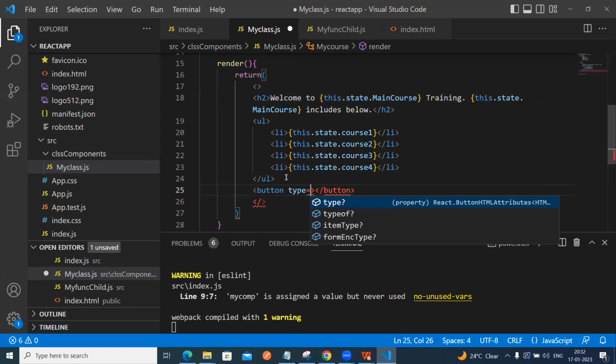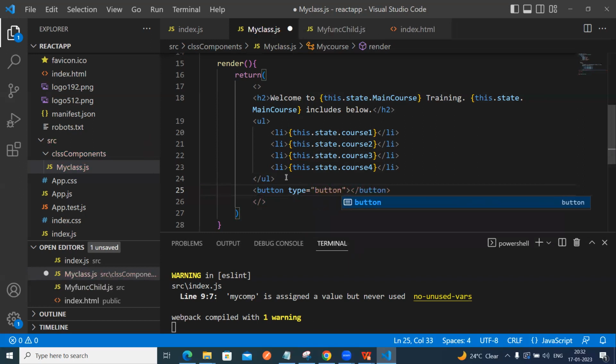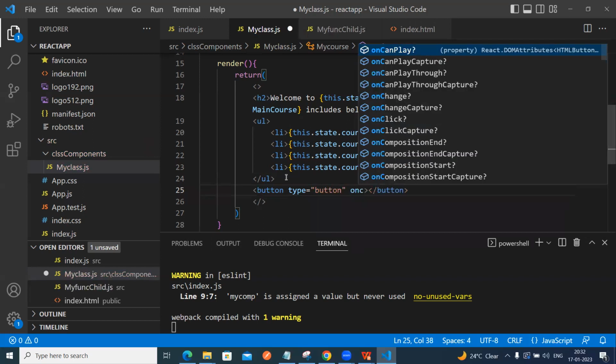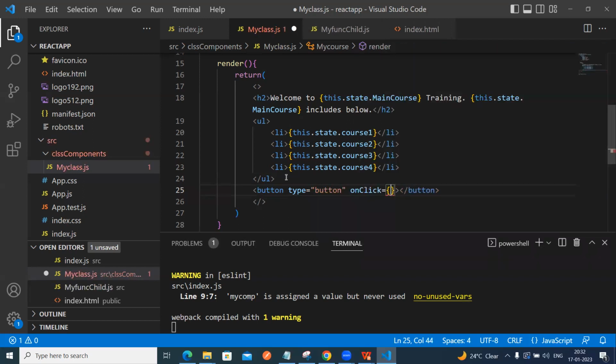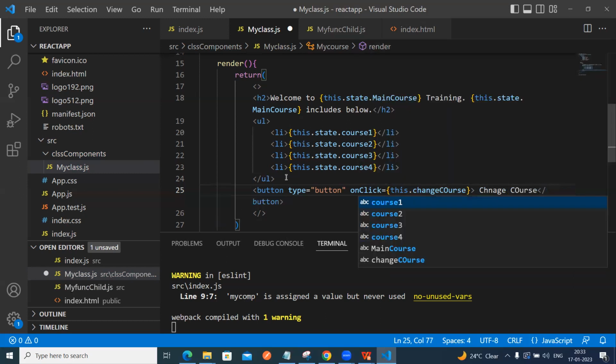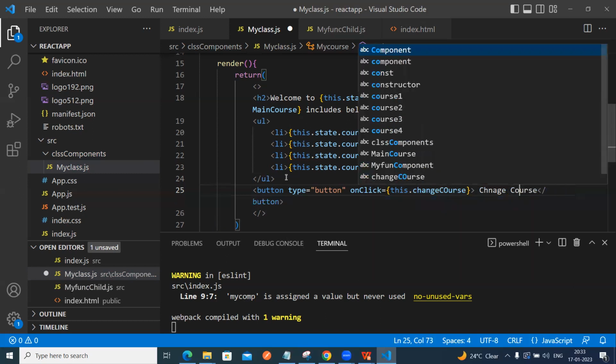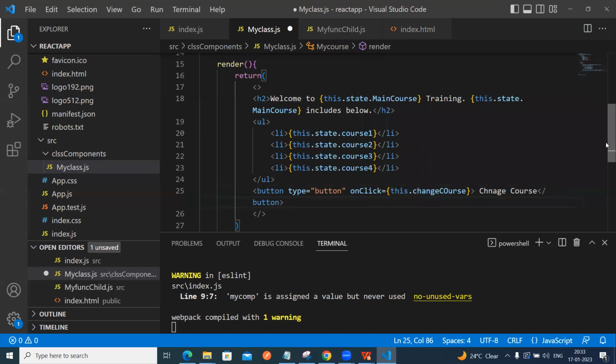So type equal to button. Then after that, onClick. Okay, onClick, this dot changeCourse, this dot changeCourse. Okay, now changeCourse, changeCourse. Okay, so then inside of this one,